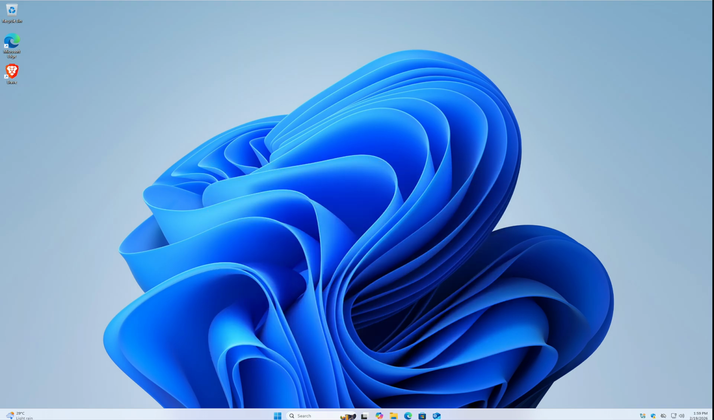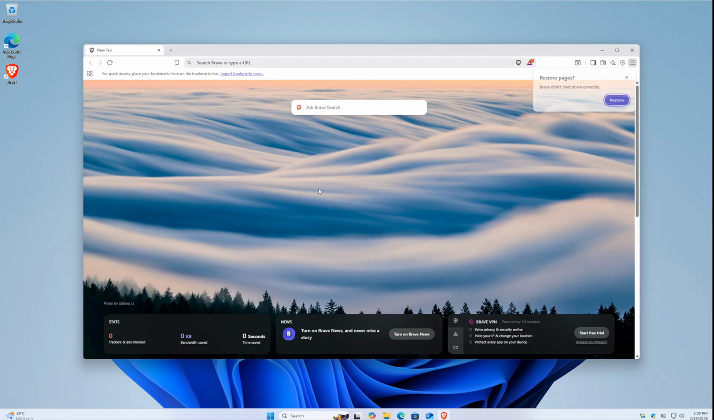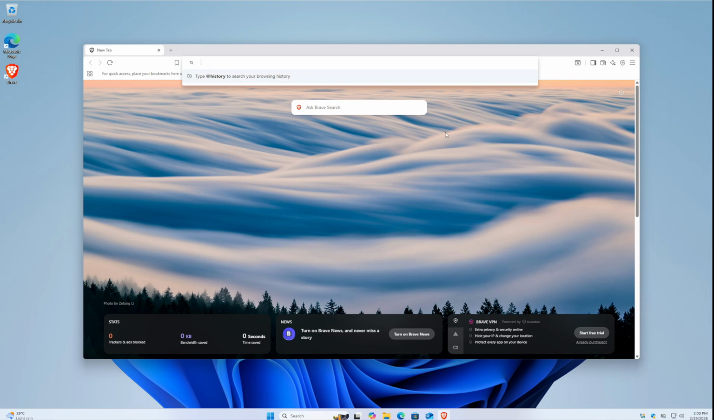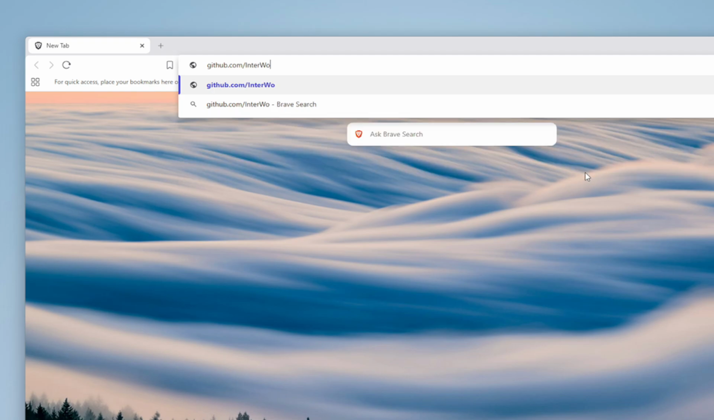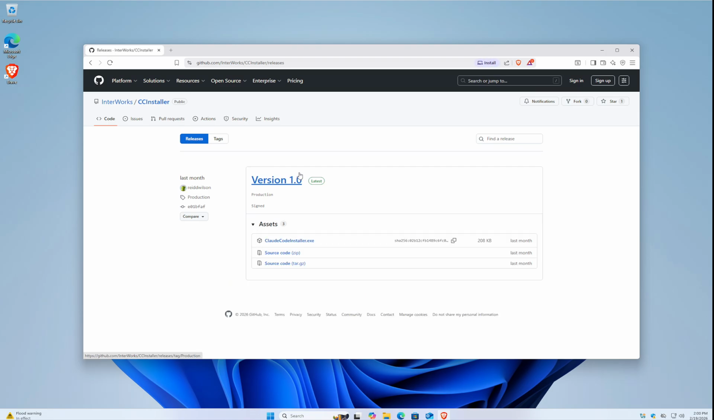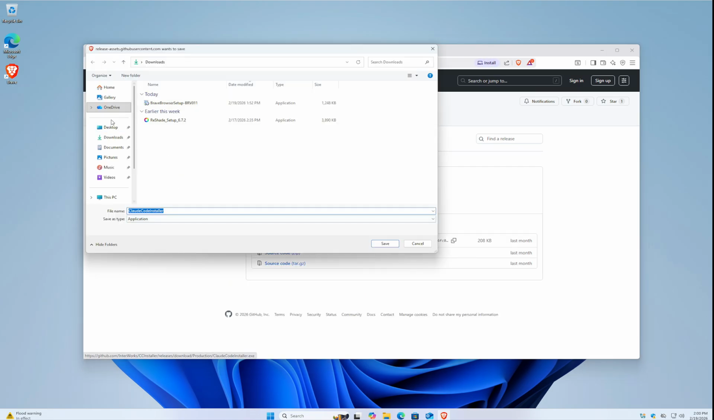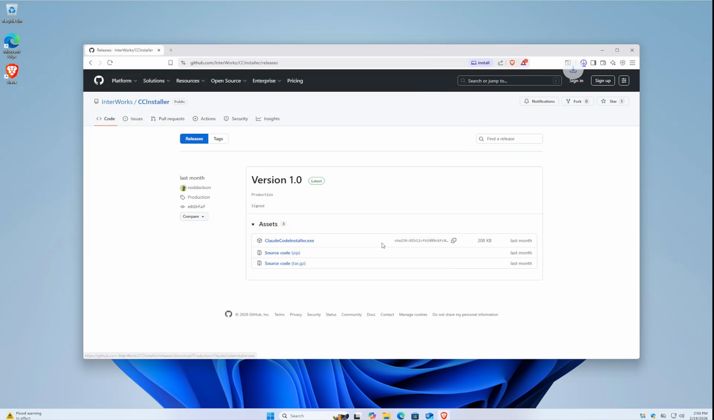Now I'm going to be showing you the easiest method right here. So first, go ahead and open up your favorite browser so we can download the CC installer, or the Claude Code installer. In your search box, just type github.com/interworks/cc installer/releases. Hit enter, wait for it to load, and then once it loads, just click on the exe. A download page will pop up. Save it wherever you want, just like so, and wait for the download process